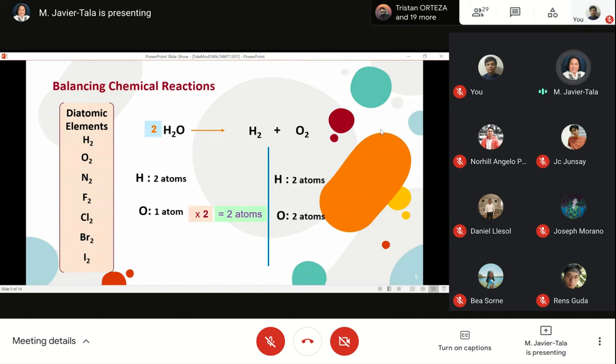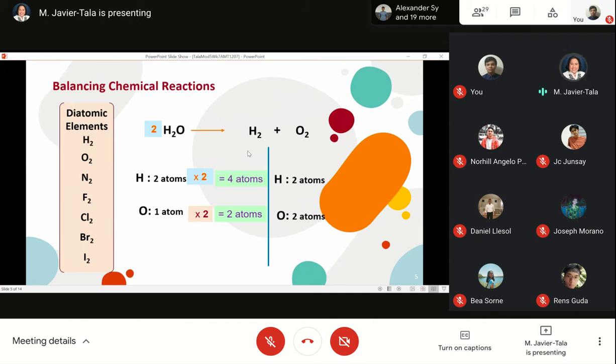So we put it in front of water. But as you can see, class, when you put it in front of water, it will also affect the number of atoms of hydrogen. It means your hydrogen will also be multiplied by 2 and you will have 4